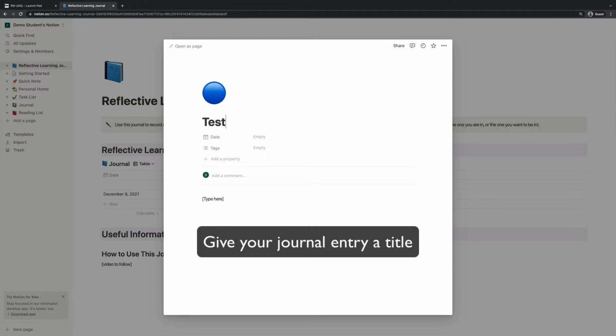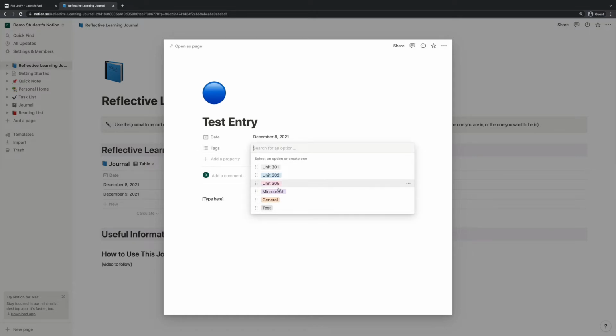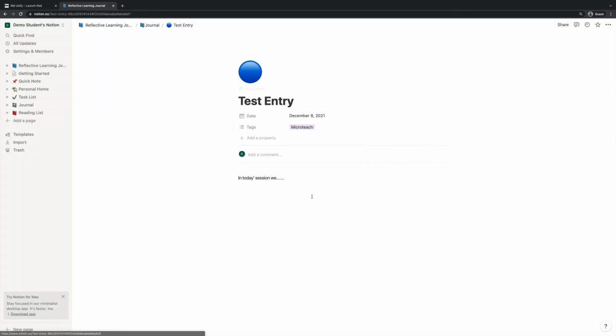So I'm going to put test entry, date, today's date, tags. I'll pretend I'm working on my micro teach, and I'll start typing here. Now, just to show you, you can insert images and all sorts of other things in Notion. If I just open it as a page,